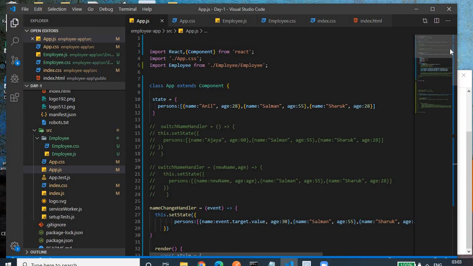The external style is a global CSS. And also we have covered how to update and manage the state in a functional component using the useState React.js hook. So these are all important concepts.